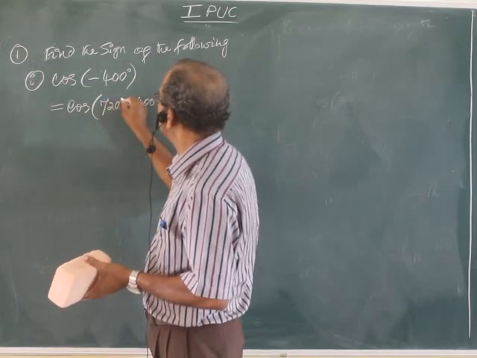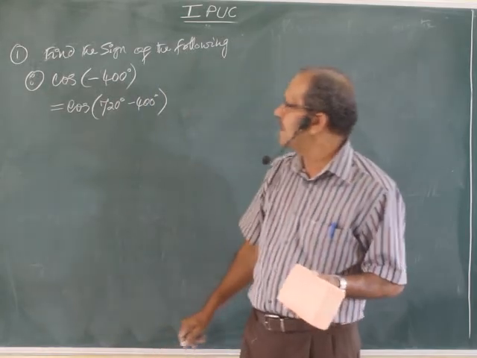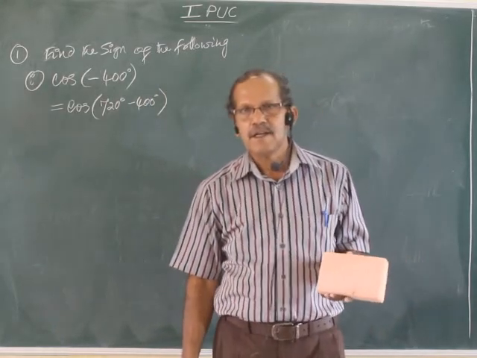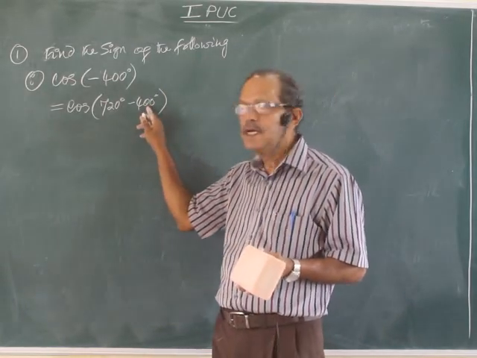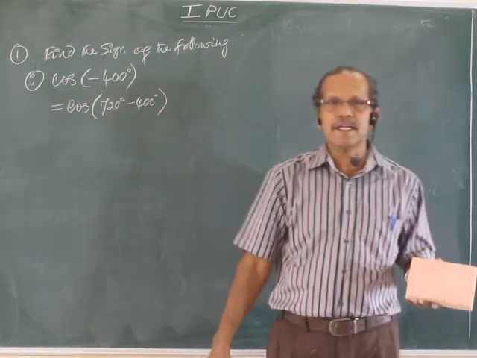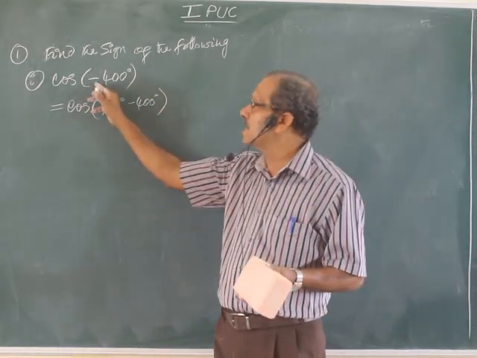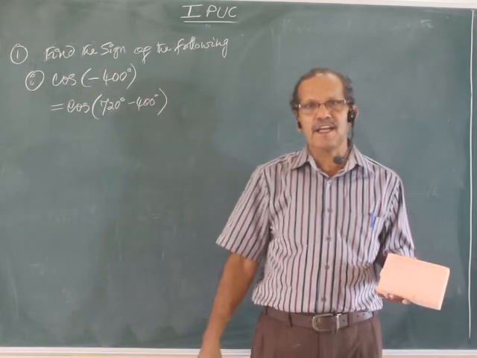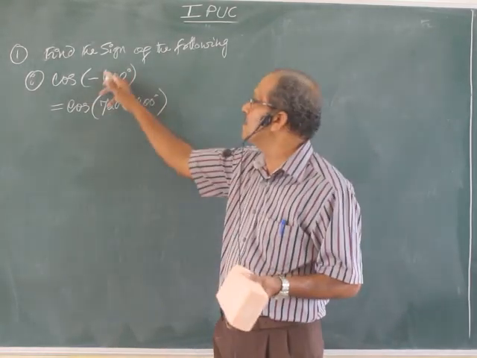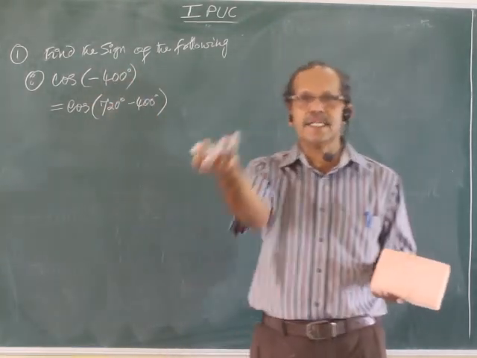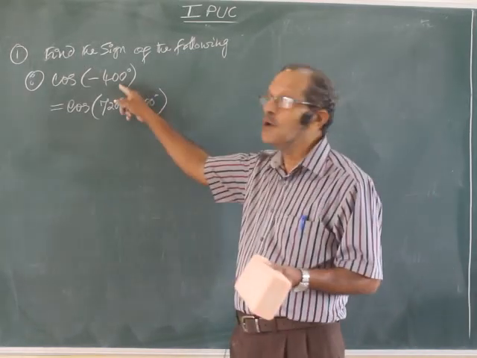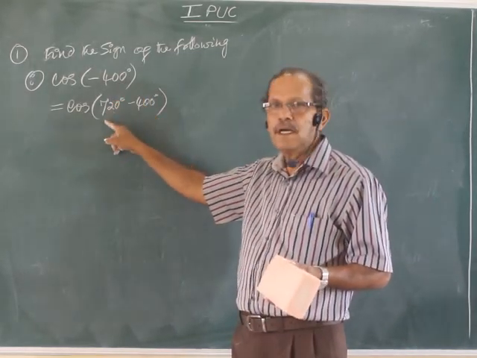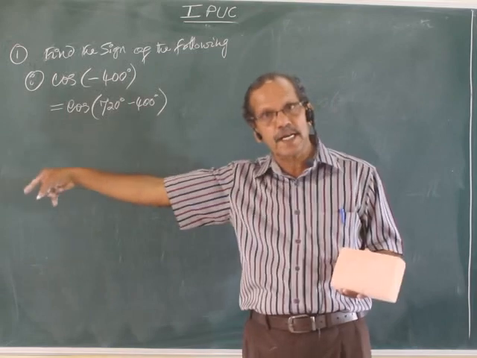Next number is 720. Subtract it. If it is still more than 720, subtract it from 1080. That's all. You need not subtract always from 360 only. It depends upon the number given. If it is less than 360, it is enough. If it is more than 360, 720. If it is more than 720, 1080, like that.